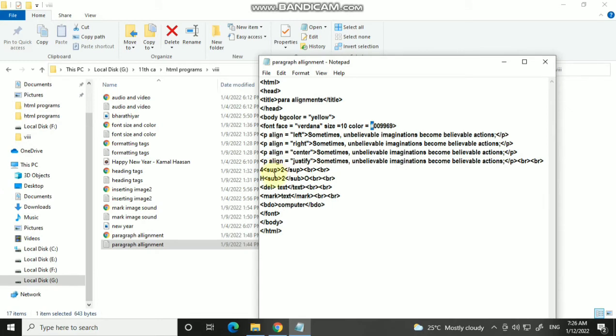And then we are making use of other tags in this program itself. This is the superscript tag. Okay, so SUP is the superscript tag, and SUB is the subscript tag, DEL is the delete tag, MARK is the mark tag, which is used to highlight, and BDO is nothing but, in your textbook